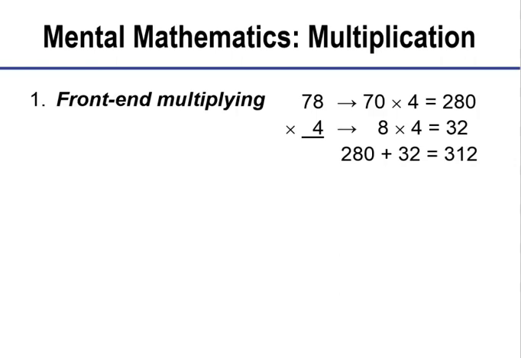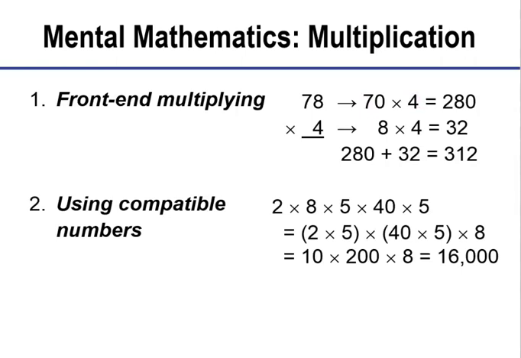When you multiply 78 times 4, you can use the distributive property. It's like 70 times 4, and then multiply 8 times 4. And both of those are things that you could do in your head. We know 70 times 4 is 280, because remember, when you multiply by zeros, you just carry over that 0. So I'm really thinking 7 times 4, which is 28, and then I add the 0. And then, of course, 8 times 4 is 32, and in our head we can add 280 plus 32. That front end multiplying is a great way to multiply in your head. There's another method,